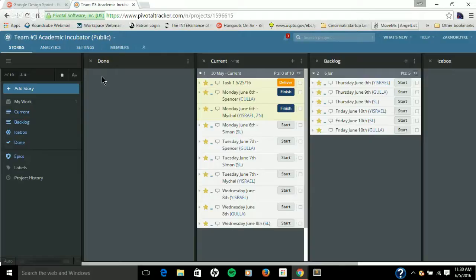Then we're going to test those prototypes with real people, tech employers in the Cincinnati area that could end up hiring you, to get feedback on what they think of your prototypes. And then based on the feedback, we'll actually build out whatever is selected by our testers as the go-to product. So with that said, let's look at Monday, June 6th, and I'm just going to use